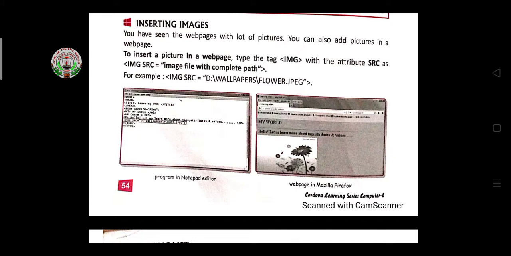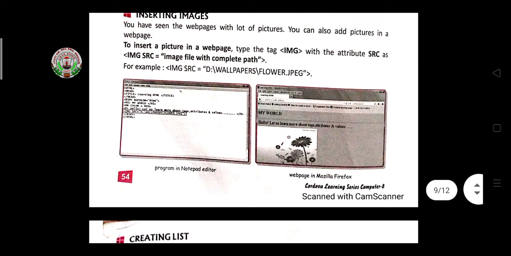With the img tag, you have to write the attribute src. Src means the location of your image. Src is the attribute of the img tag, so src equal to value, and the value is the place where you give the location of your image, which is stored in your computer.